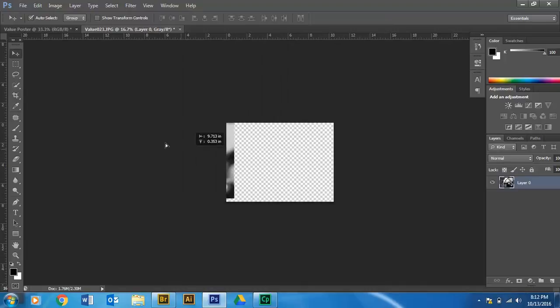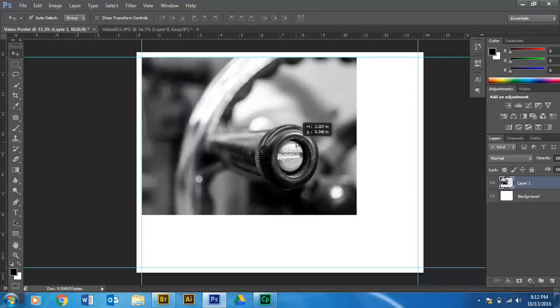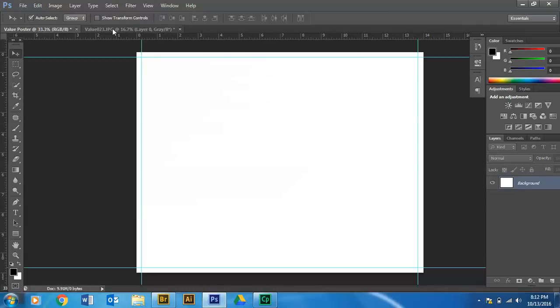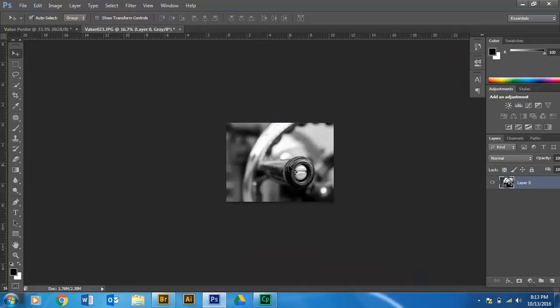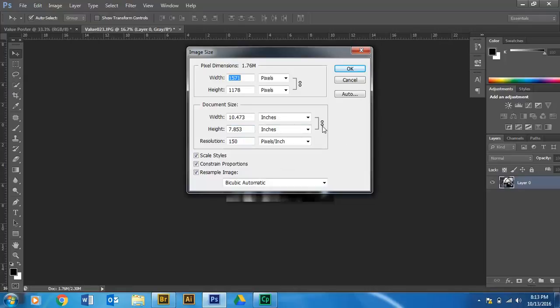All right, so let's try it. So I'm going to take this now and I'm going to drag it to my value poster. Still way too big. Okay. So this, like I said, it might be like, you know, trial and error. What if I just go in and I did that? So if I go to image size, this, by the way, is super important here. See this little link here? It looks like a little chain link. If I unlink that,